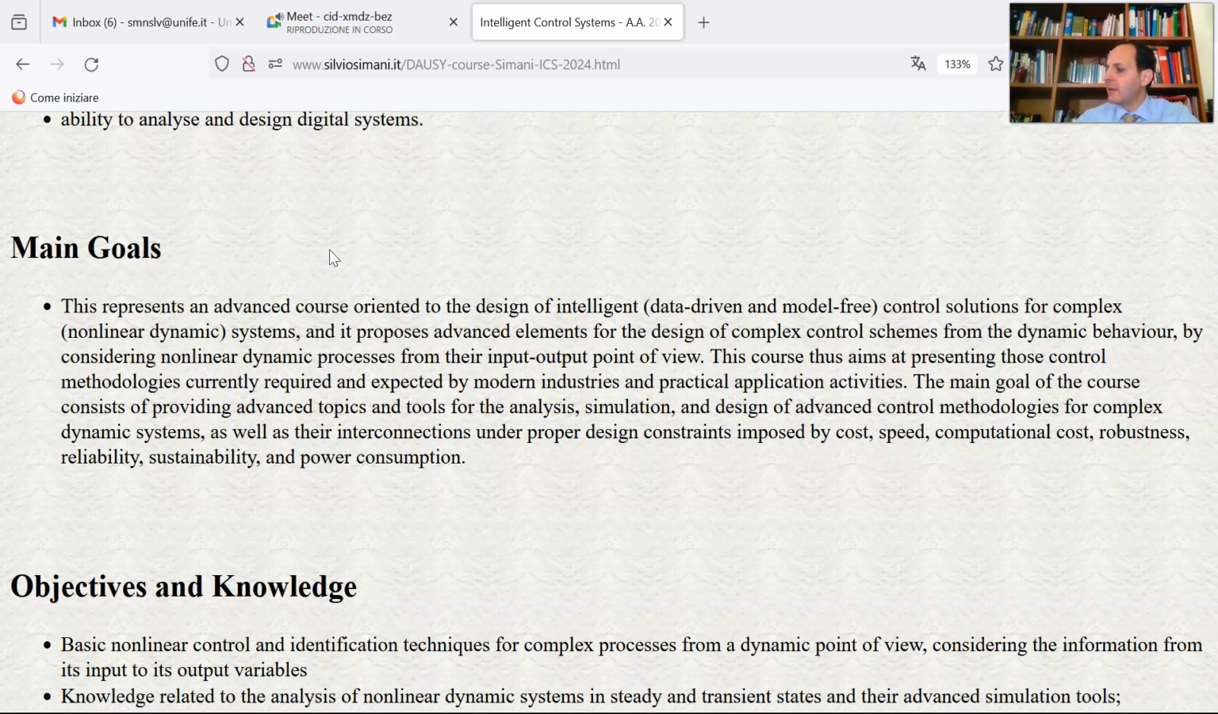So we try to provide, as is reported here, the presentation of the main tools for designing intelligent control systems. Well, intelligent means that it is mainly data-driven and model-free. So intelligent in the sense that it is able to adapt to the different conditions of the process where you are applying these strategies. And also this course proposes the elements that are used for the design, and in particular we will see in the following different modules, for example,